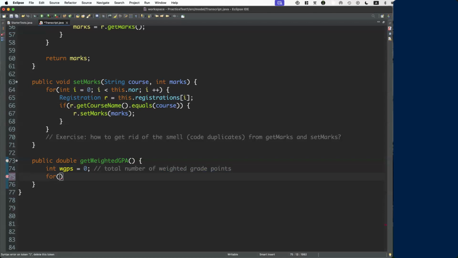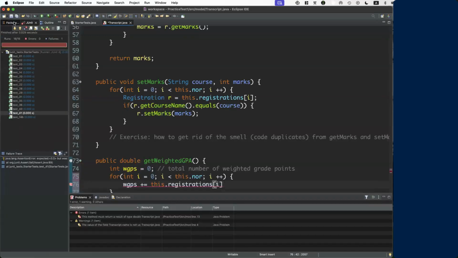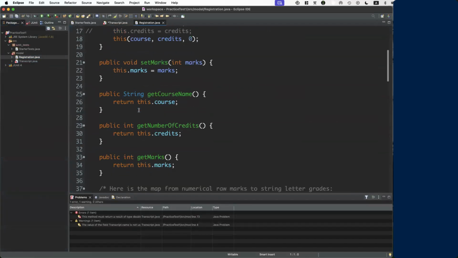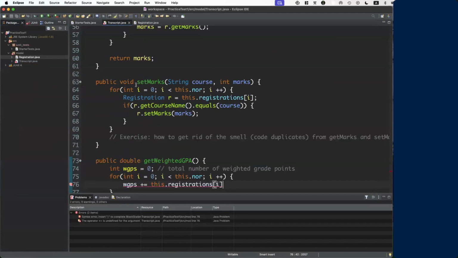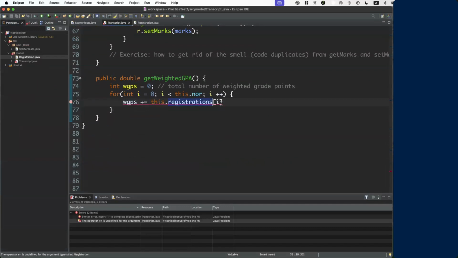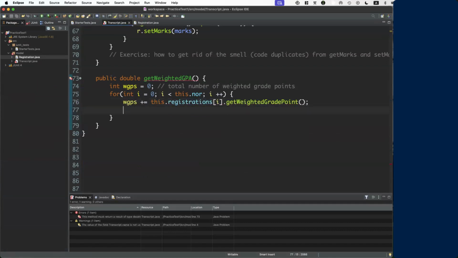So we're going to go over the list of registrations. Integer i = 0, i less than this.NOR. Again, we're just using this pattern over and over. i++. All right, we're going to say the weightedGradePoints += registrations at index i, and we can reuse the method that we programmed earlier. Let me just refer you to that very quickly. All right. If you recall, from registration, we did program a method earlier called getWeightedGradePoints. All right, so now we're going to say .getWeightedGradePoints. And then we're going to return,